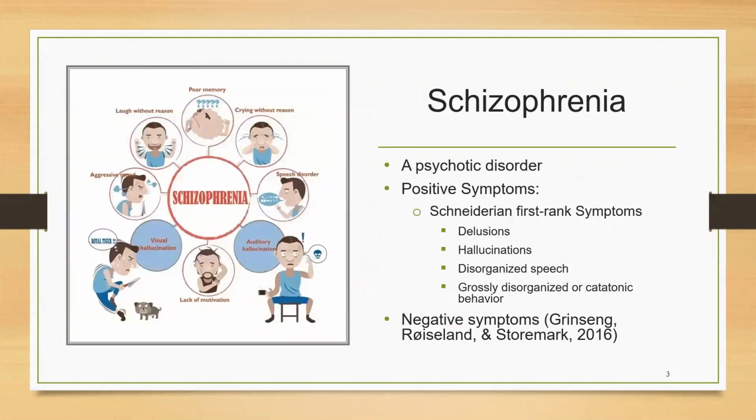Schizophrenia, on the other hand, is a psychotic disorder. It is also a schizophrenia spectrum disorder. It is generally characterized as having positive symptoms and negative symptoms. In terms of positive symptoms,